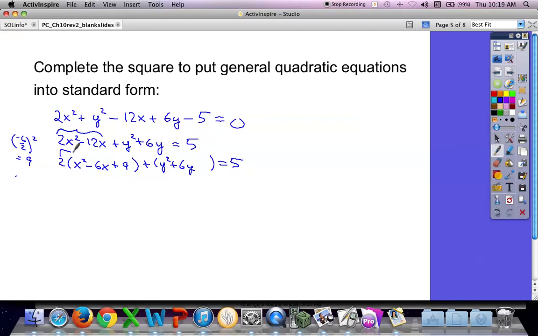Because 2 times 9 is 18. That means we go plus 18. Okay, how about the y? What do I add? Another 9, right? Half of positive 6 is 3. 3 squared is 9. And I add 9. Okay. So this is 2 times (x minus 3) squared plus (y plus 3) squared equals